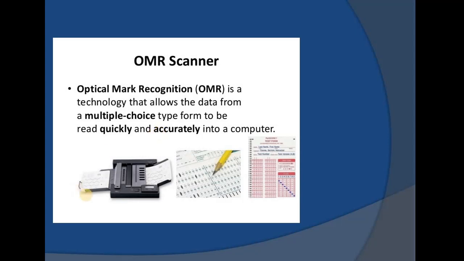One more important advantage is, suppose for one particular question there are 4 options A, B, C, D, and if you mark 2 options, like A and B, that will not be considered a correct answer. If you mark only one choice, then the scanner will read it. If multiple options are marked for a single question, that will be discarded. So it is intelligent as well in examinations and other education-related purposes.